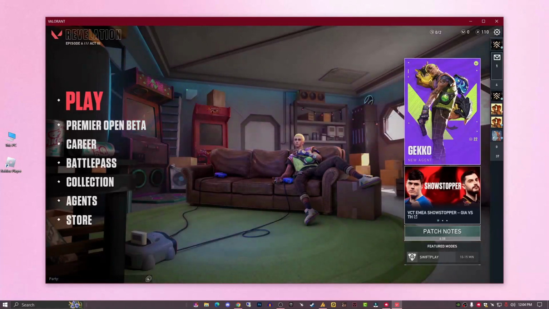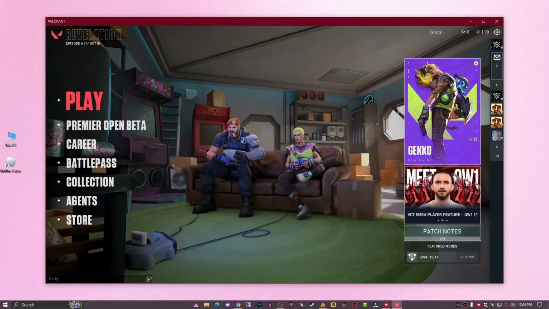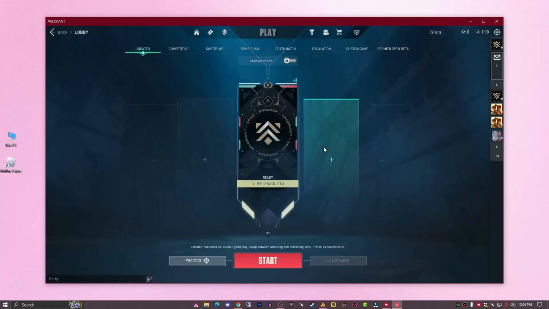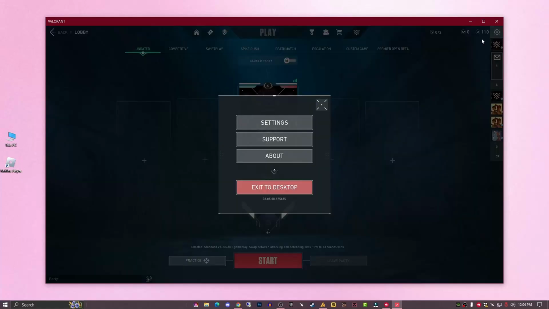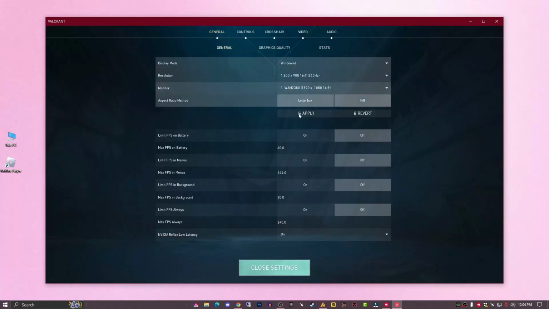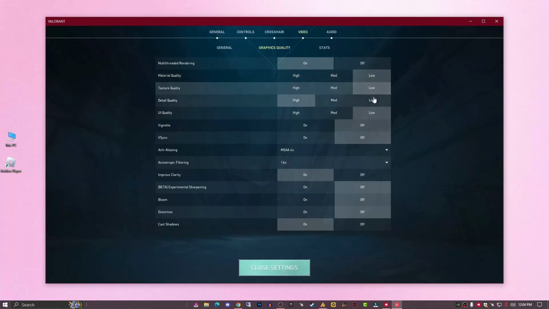Sometimes settings by default may not give you the best result. Instead, you can optimize them to get the best gaming experience. Here are the recommended settings. A lot of people did not optimize because of a good graphics card and good CPU, but I'm recommending going with the lowest settings for better response time. I mean, your CPU will render faster and you'll get better response time. Now go here with the low settings.